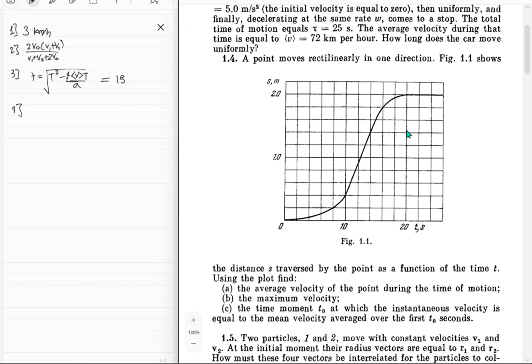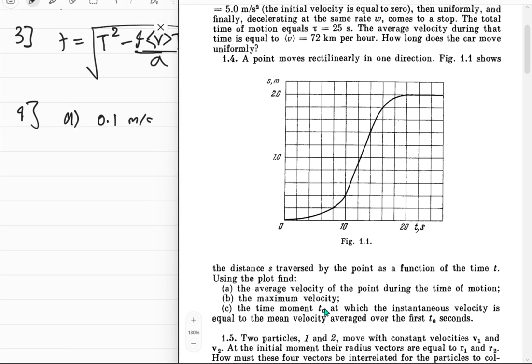Till what t value are we considering the motion? I think by motion they do mean that the velocity is non-zero. That would mean till 20. So till 20 our displacement goes to 2. So 2 meters upon 20 seconds. So 0.1 meter per second, that's the average velocity. So A,